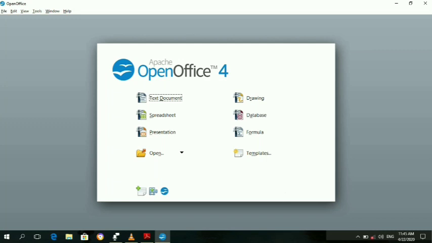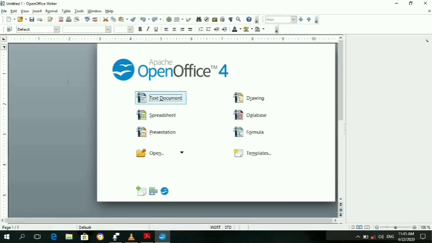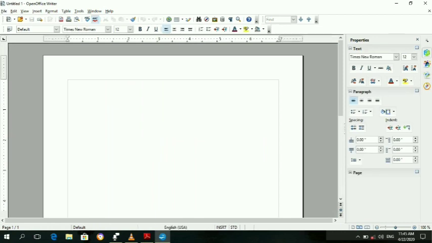Next, spreadsheet is for Excel. Then presentation software, drawing, database, formulas, templates, and many more. Now we are going to start with the Writer software. First select text document. Once you click on text document, you will see the interface of OpenOffice Writer like this. Clear?